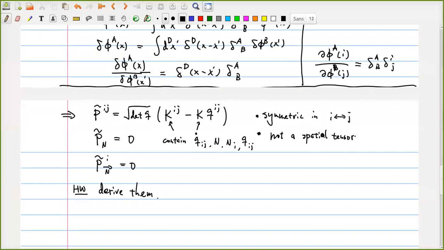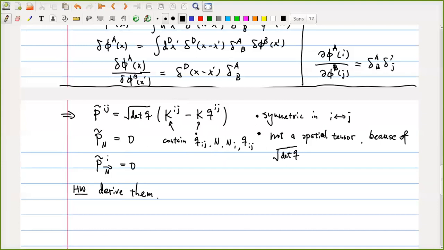And furthermore, it is not even a spatial tensor because of the prefactor determinant Q. You can easily see the transformation rule of this quantity. This Qij is definitely a tensor and this Kij is also a tensor. So the quantity inside the bracket is a tensor,